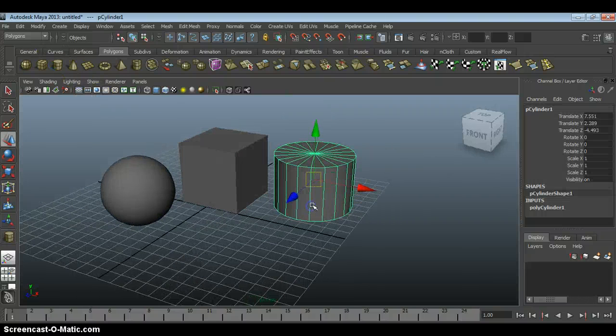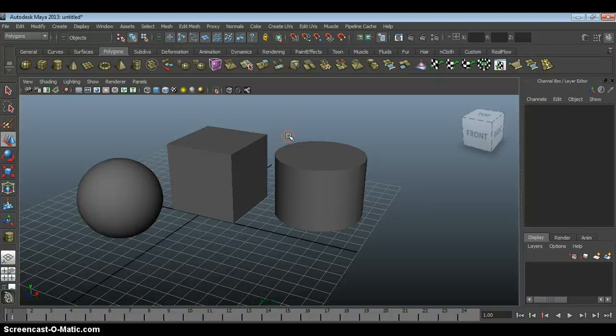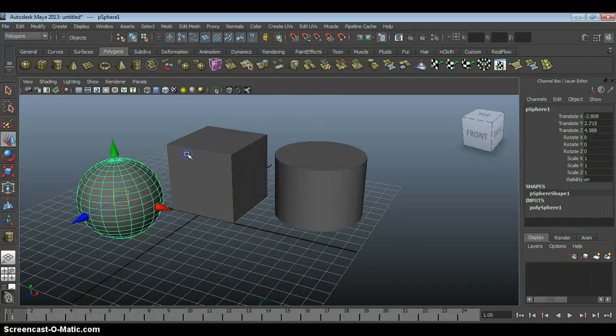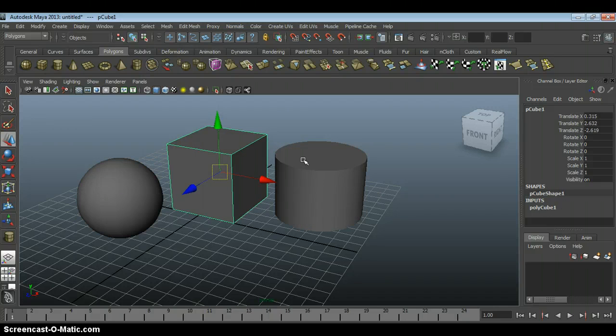Okay, these are basically three of the polygon primitives. In the polygon shelf, there would be 1, 2, 3, 4, 5, 6, 7, 8 polygon primitives altogether. Okay, what are polygon primitives? Basically, they are the basic building block or foundation in modeling a 3D character, a 3D prop, a 3D vehicle,